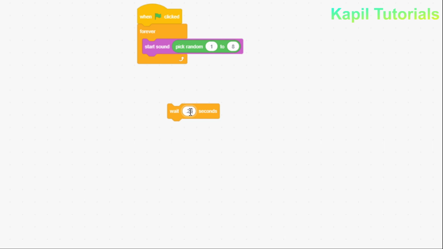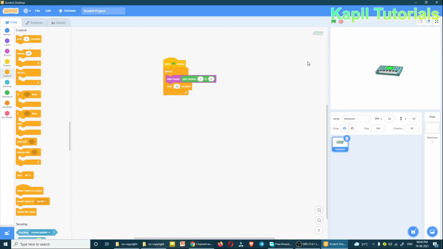It depends on your choice what you want to take, but I have taken 0.25, and I'll drop it here. Now if I play it, you can hear the music being played because the musical notes are being played automatically by using the forever loop.